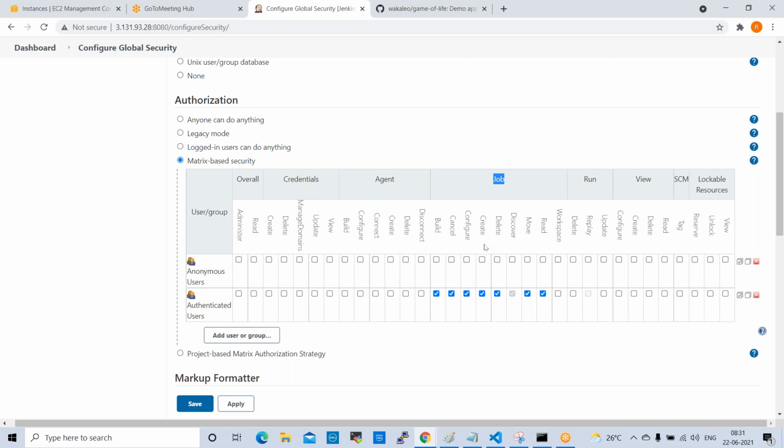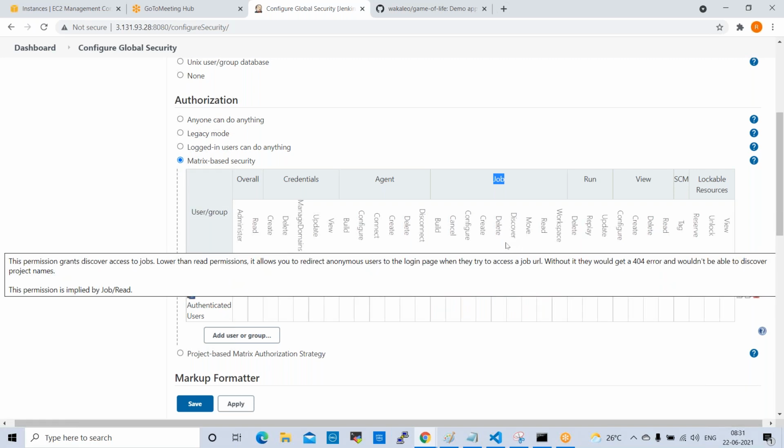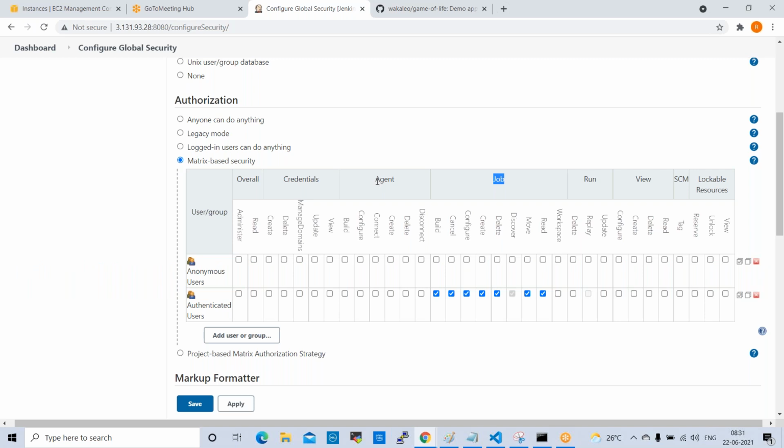We can provide all these accesses. And also agent access. Agent means we'll discuss in the next session, when we discuss about the master agent model. So agent access: agent create, agent connect, agent configure, agent build, agent delete, agent disconnect.